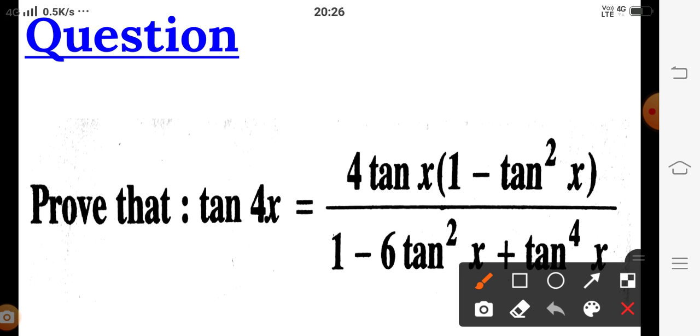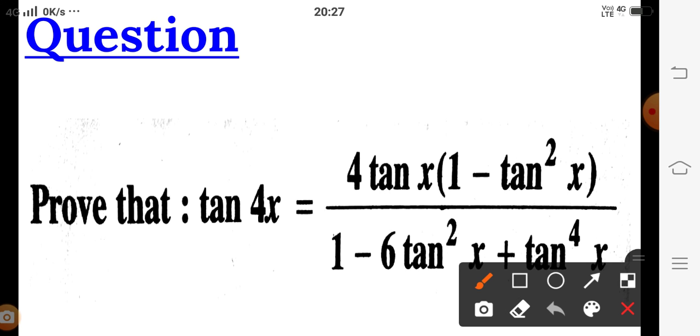Only we are leaving one portion. You have to leave the miscellaneous questions numbers 8, 9, 10. These three questions we are going to cover in the next presentation. And the next topic is the principal solution and general solution. This time this topic is removed from the syllabus, so we are not going to solve exercise 3.4. This means this chapter is almost completed, and in the last presentation we are going to solve some questions of the miscellaneous exercise.